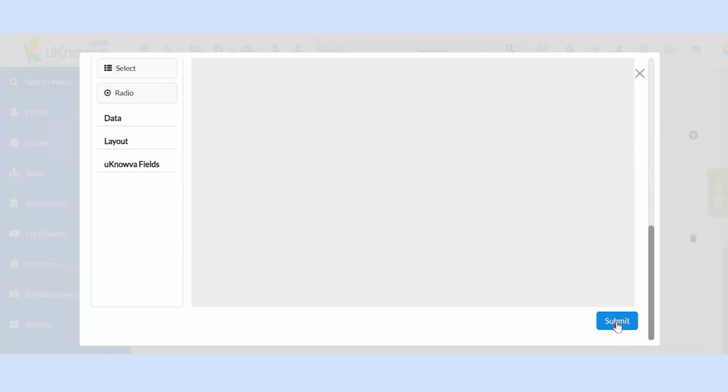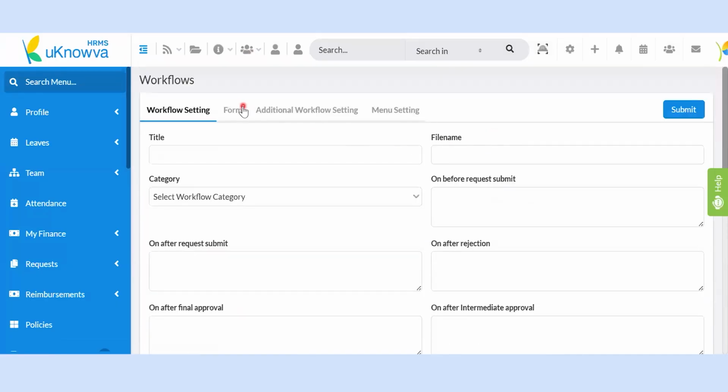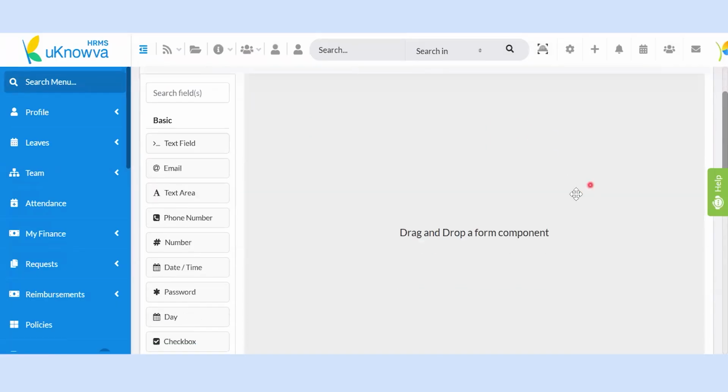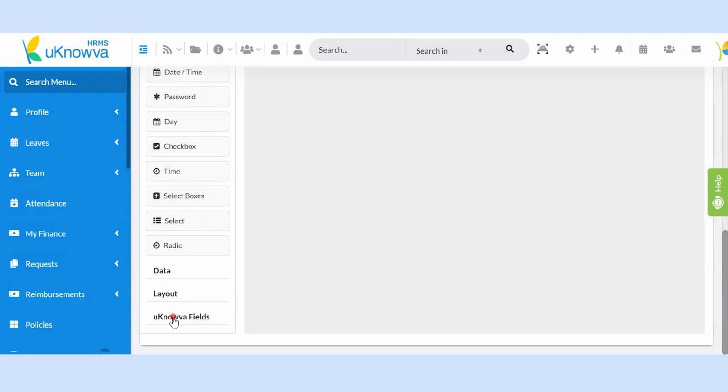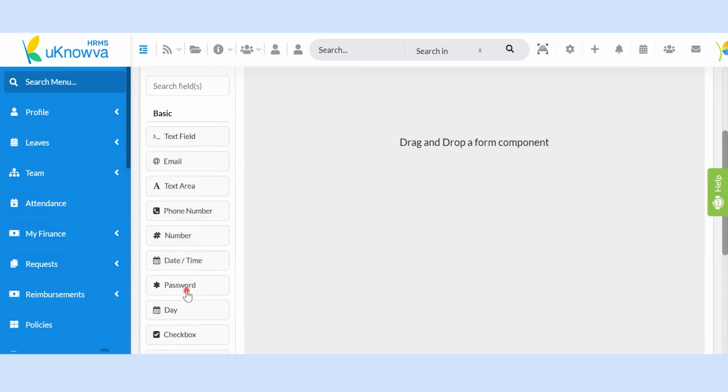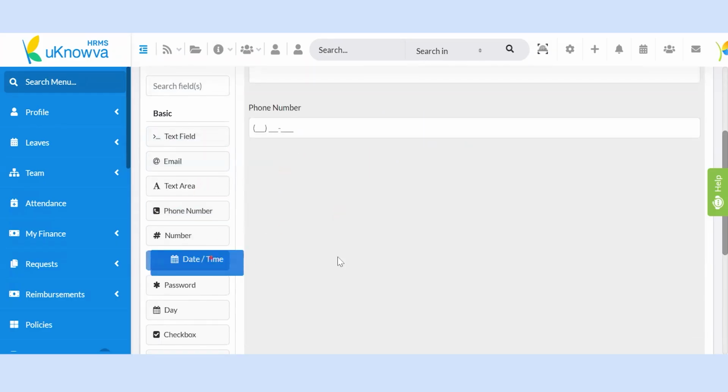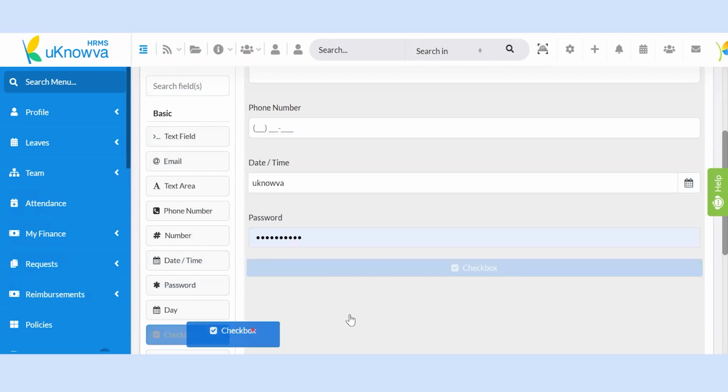Second is the Form tab. Navigate to the Form tab in uKnowva HRMS. You'll see a drag and drop interface with a left side panel containing 4 menu options: Basic, Data, Layout, and uKnowva Fields. Click on Basic to expand the options. Drag and drop fields like text, email, phone number, day, password, checkbox, and select boxes into the center of the page to start